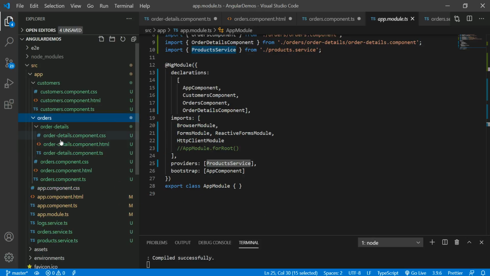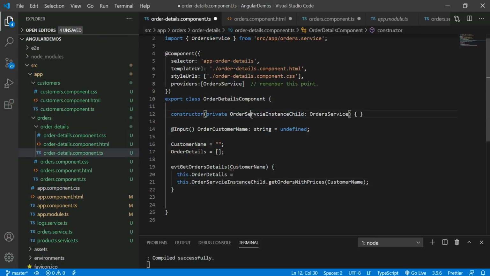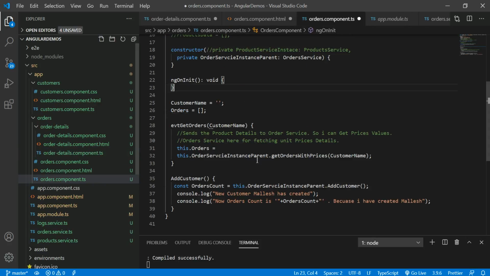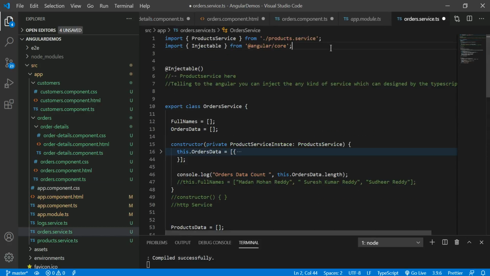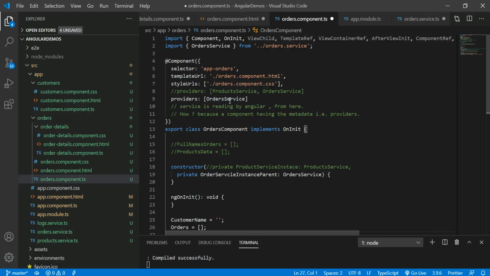These are two different instances. That's the reason my orders component is executing two times, because I have provided the order service in two places. Now how to resolve this issue?